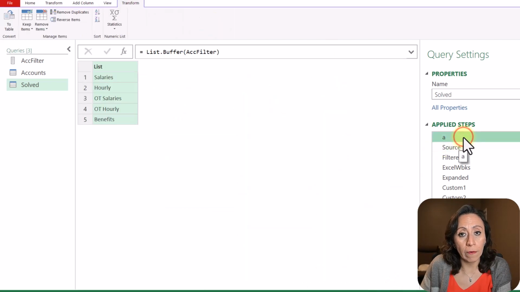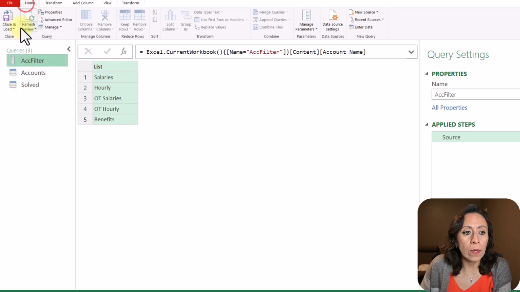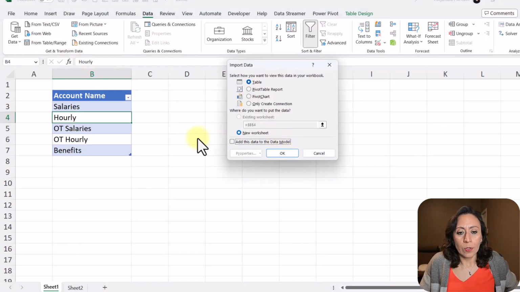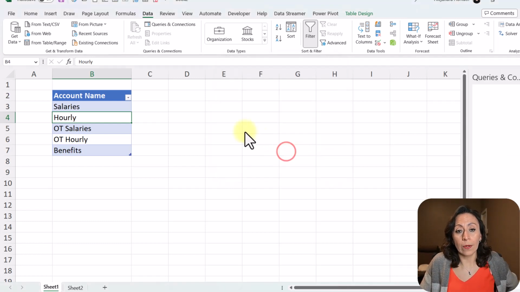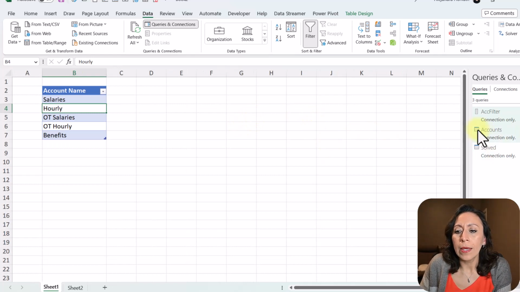Remember that list buffer will keep the information of your list in memory. Perfect. Ready to pass this to Excel? I'm going to go home, close and load to. And this is too big. Well, first I'm going to click at only create connection. I'm going to say okay. Let me just make this a little bit smaller. Perfect.